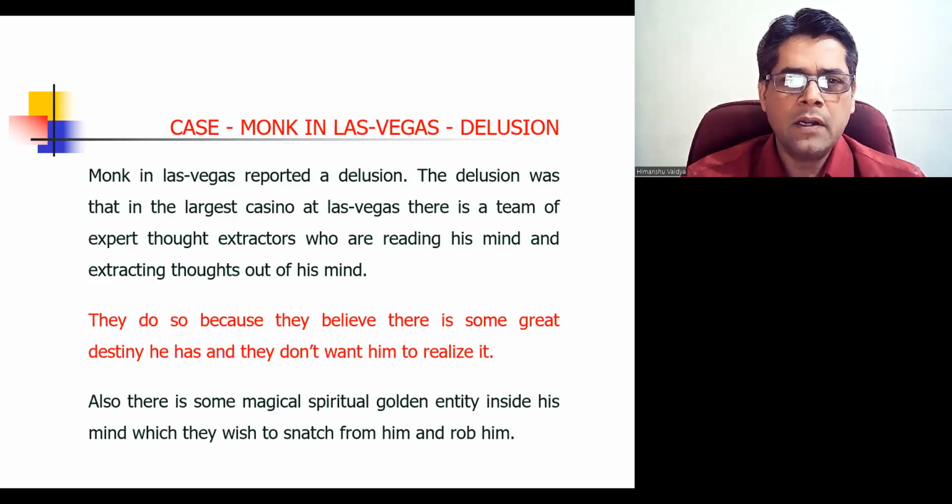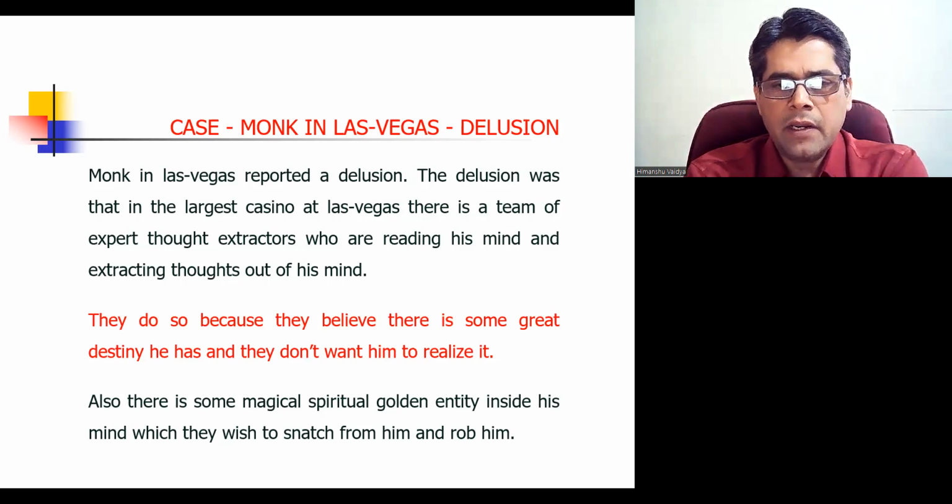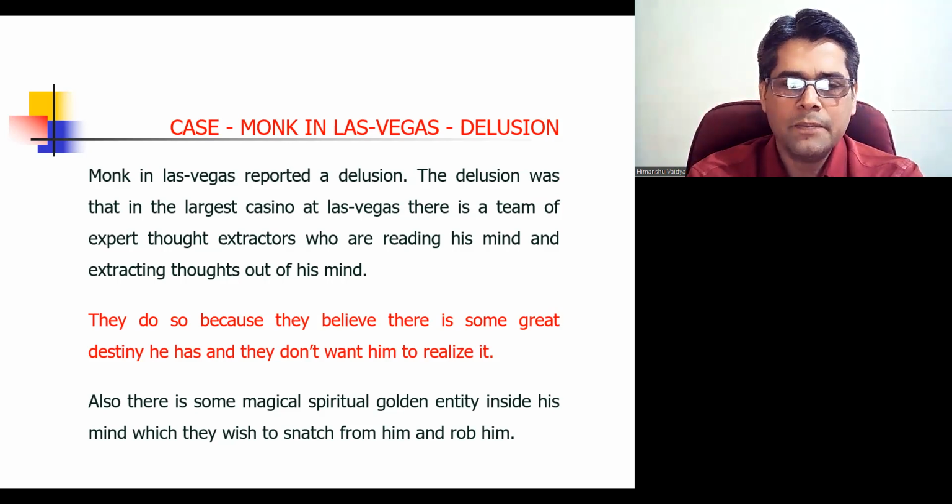So what I have done is to make the teaching easy. That's a difficulty because given the confidentiality concerns, I can't take up any case. On YouTube, I can't put any case analysis. So I have created a fictitious character, a monk who lives in Las Vegas. And this character will have all the disorders of DSM-5. So I will create a small hypothetical case situation for the purpose of explanation.